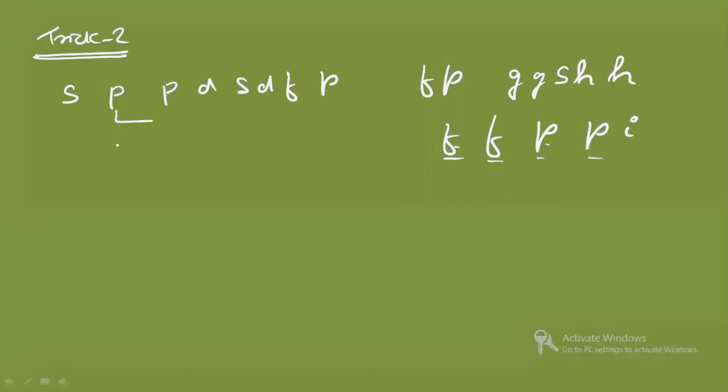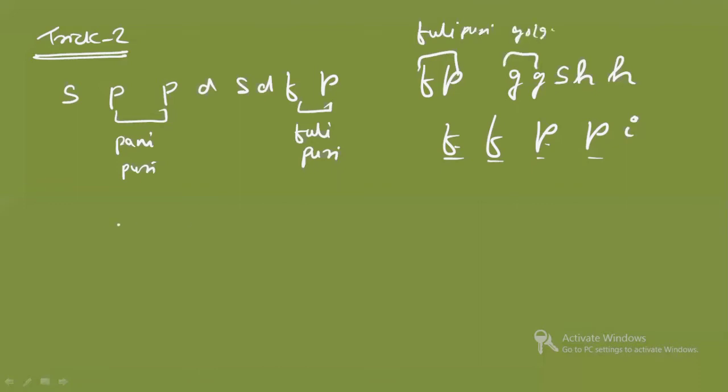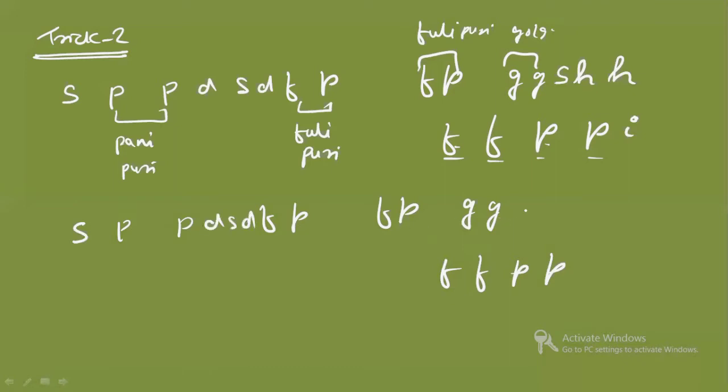So you can do it as what? This is Pani Puri. This is Fully Puri. This is also Fully Puri. This is Golgappe. Directly you can just remember Pani Puri, Fully Puri, Golgappe. Again you can write here Fully Puri. In this frequency you will write, and it will be sweet dreams. And after GG, one S will be there, HH will be there. This PP is as it is one here.